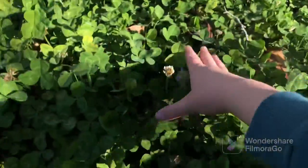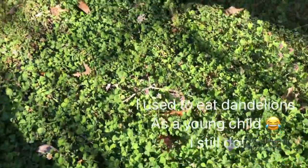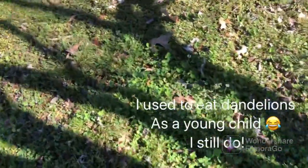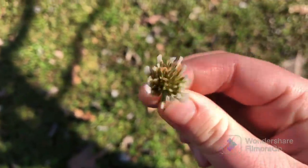But I absolutely, ooh, a dandelion. Ooh, I'll eat that off camera. See. That's a clover flower. We're just walking around trying to find...